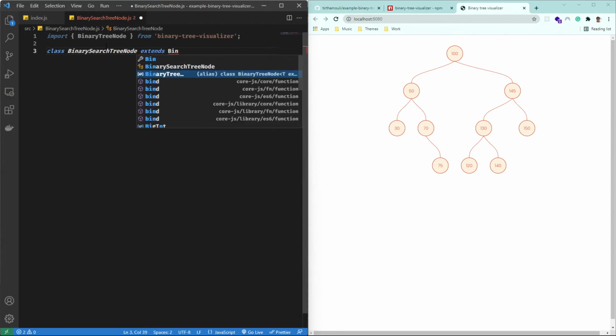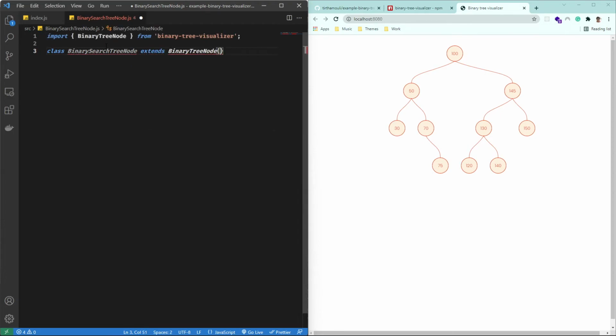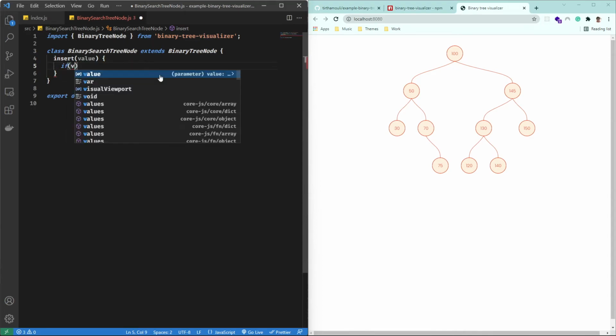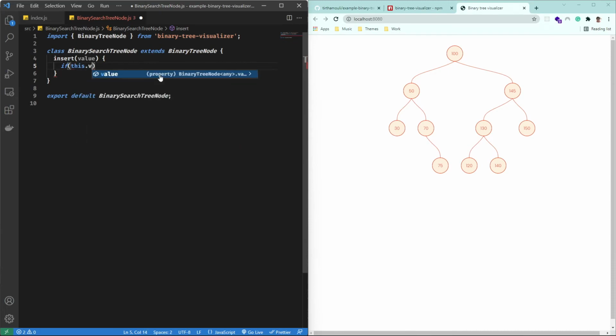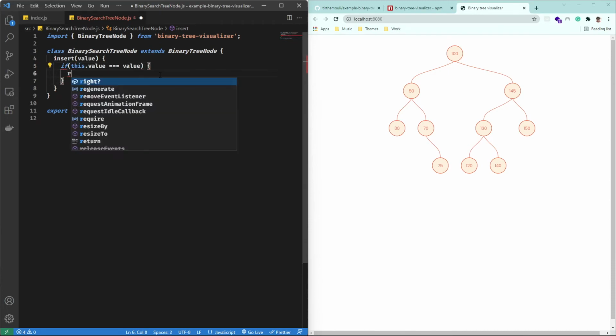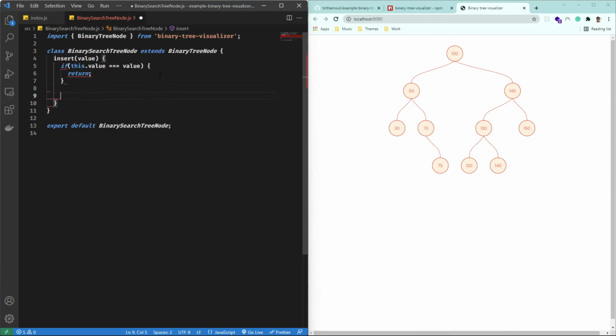Not getting too deep in this video about the binary search tree node, I will create subsequent videos to explain binary search trees properly. You just need to add an insert method. This will take in value, and don't worry if you don't understand the next part. The first thing that you need to do is check if the value is equal to the node's value. If it is, we simply return, since binary search trees are not supposed to have duplicate nodes.